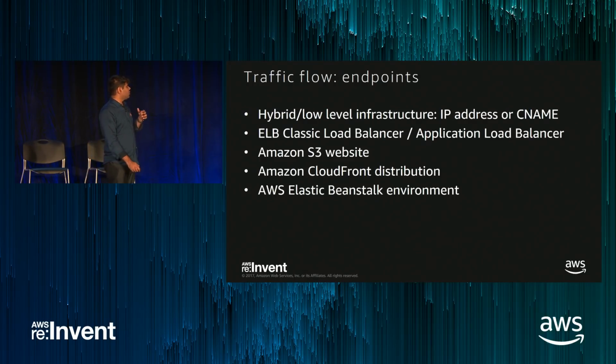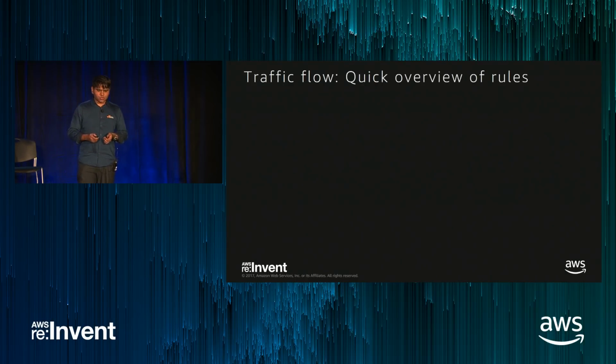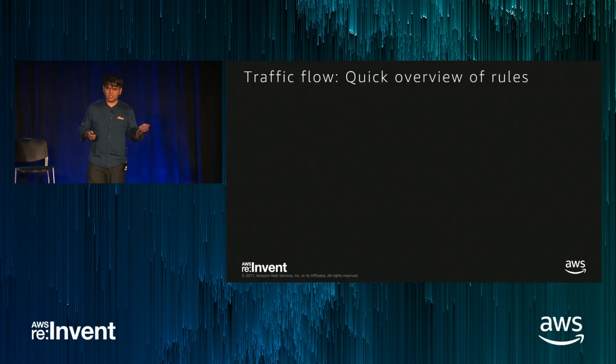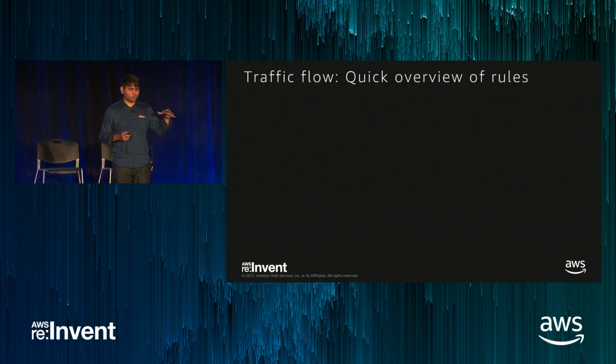You use a technology of Route 53 known as traffic flow. So what kind of endpoints does it support? It supports routing to IP addresses, load balancers, S3 websites, CloudFront distributions, and Elastic Beanstalk, almost pretty much anything that you want to put behind your systems. So what does traffic flow do exactly for you? Traffic flow is a system that implements DNS-based rules for you.